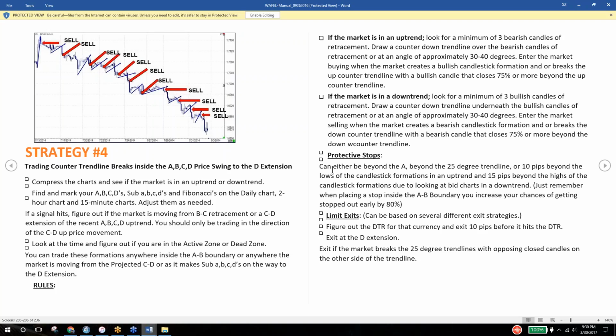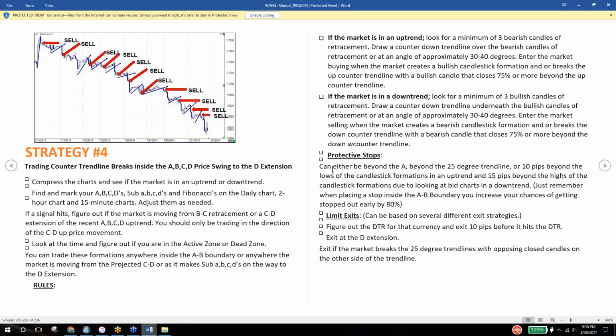Okay, so if you find your entry opportunity, you can put your stop loss either beyond the A, beyond the 25-degree line, or beyond the candlestick formation. If you're buying, 10 pips below. If you're selling, 15 pips above. Right? And as far as your limit target,